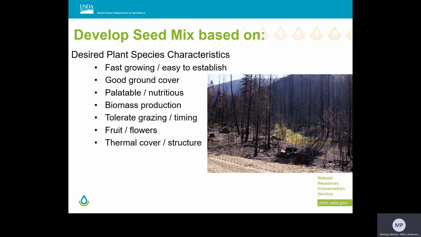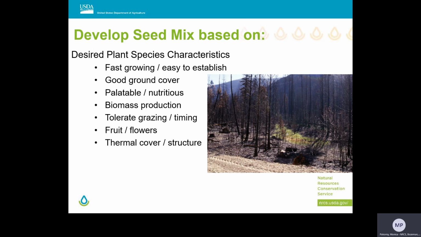Okay, I need a species that's going to grow fast, be relatively easy to establish, to compete with the weeds, and also to hold the soil. You might also be thinking about having a diversity of plants to compete with the weeds. If you're looking at a site where you want to increase the abundance of forage, you should also be thinking about species that, again, produce a lot of aboveground biomass, and that it's going to be nutritious and digestible